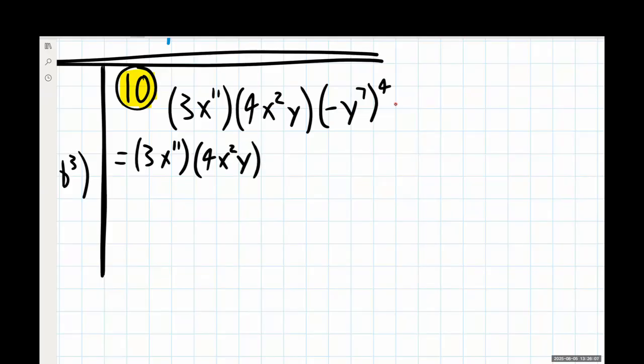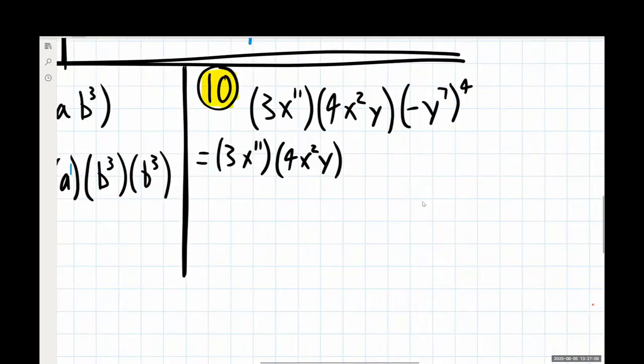No changes there. And then I can deal with what I have written inside here. So how we deal with this last part, we do have a couple options with this, but once again, pick one and commit to it for the purposes of getting to our answer. So this negative, we can think of this as being an invisible -1 in front of the y to the 7th. So we can do this to some extent in our head.